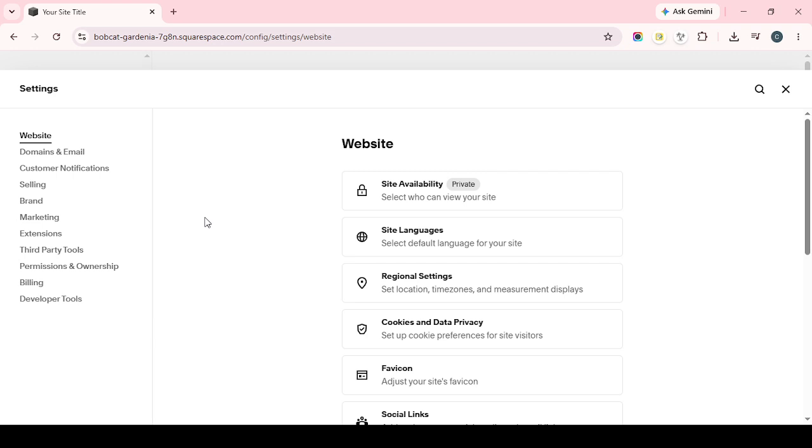Next, rename your raw image files before uploading them. Avoid leaving file names as something generic like a random string of numbers or a camera-generated label. Instead, use clear, descriptive names that reflect what's actually in the image. For example, a file name like Modern-Sofa-Living-Room.jpg is much more useful than a default file name. This helps keep your media library organized, and it can also support your site's SEO by giving search engines more context about the image. Try to use simple words, separate them with hyphens, and make the name specific to the